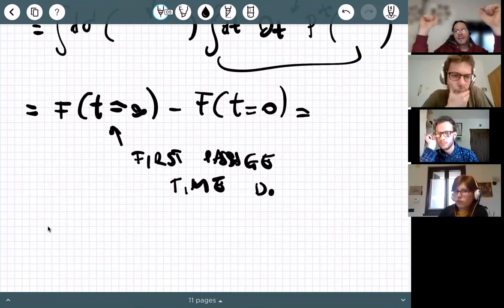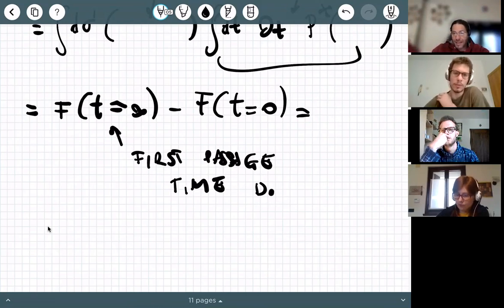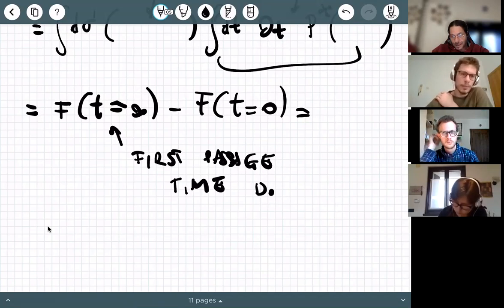What is the probability to touch the fence for the first time at infinite time? That means, what is the probability that it takes me an infinite amount of time to touch the fence for the first time, if I'm ergodic? Zero. Zero. Because ergodicity tells me I'm getting anywhere in a finite amount of time, right? So the first of these two is zero.